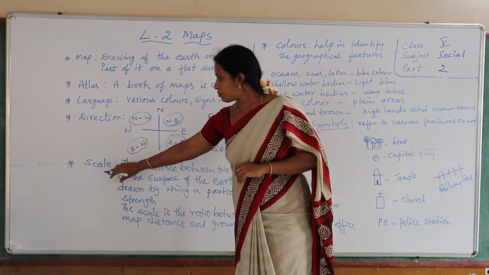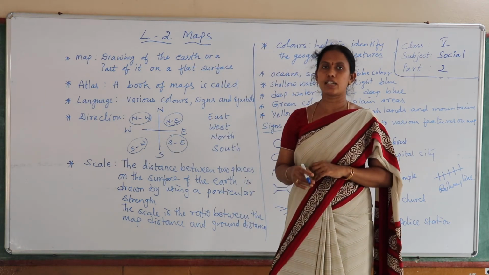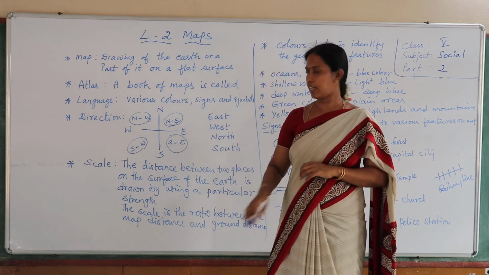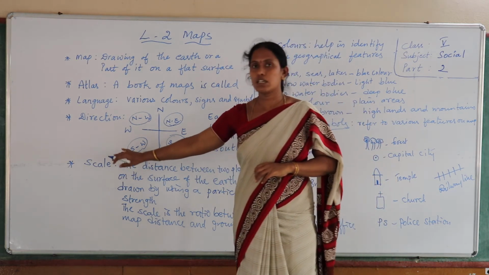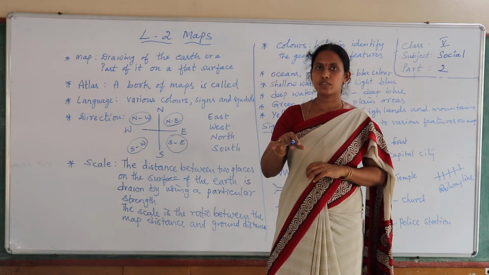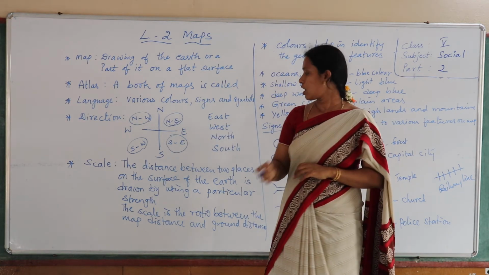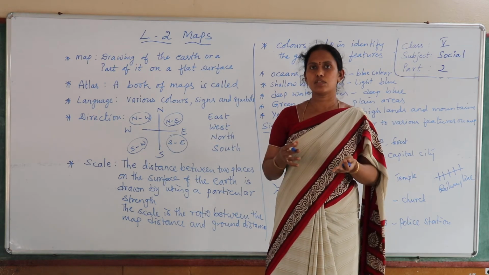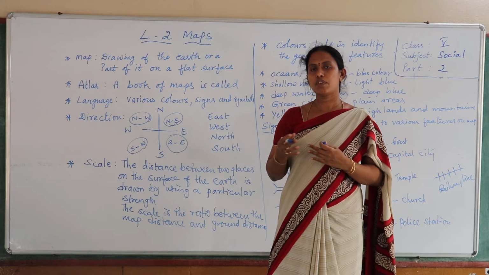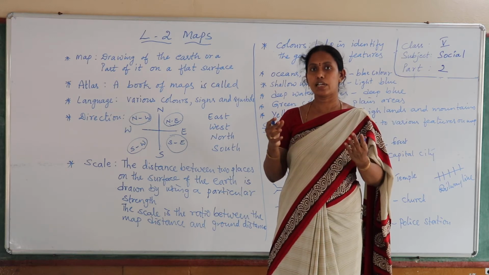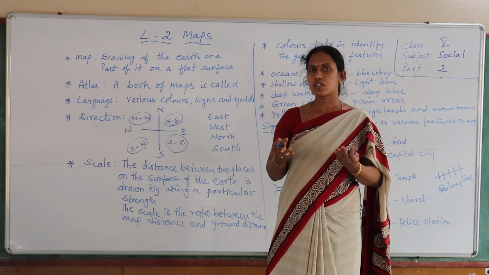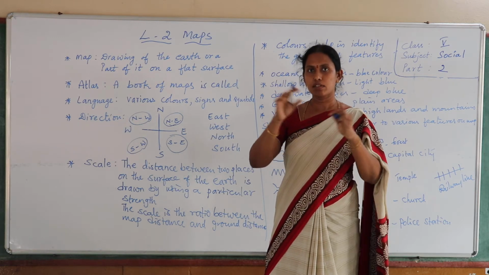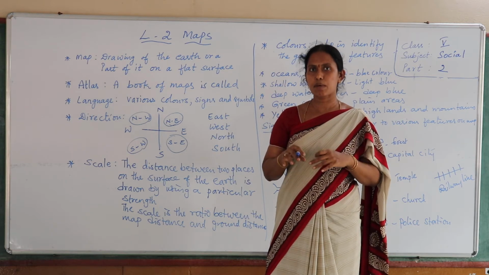Next, coming to the point scale. What is a scale? You use a scale in mathematics. That is not the scale here. Here scale means so many places on the earth. So we take a map. We cannot find the actual place on the map because every place has so much length. So we cannot draw the actual places on that map.